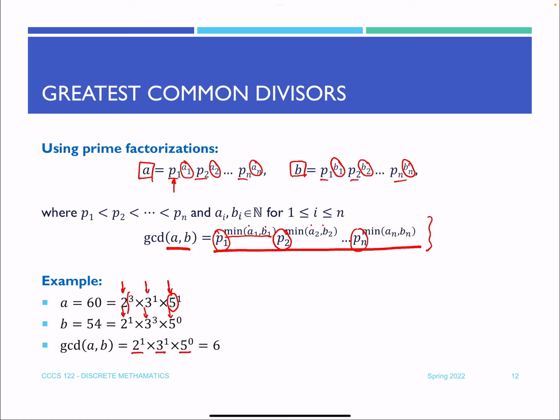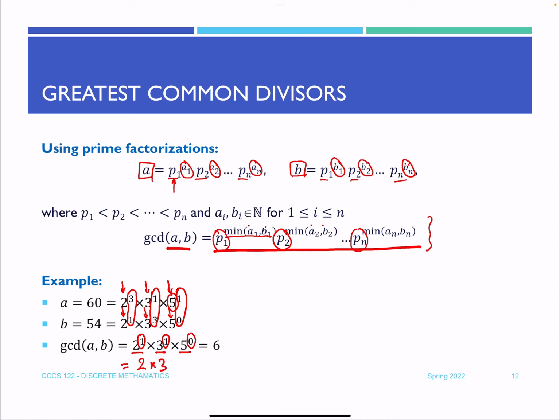B. So we have for 2, for example, we have 3 and 1. The smaller one is 1, so that's what we put over here in the exponent. For 3, we have 1 and 3, the smaller one is 1, so we put 1 up here. And for 5, we have 1 and 0, and the smaller one is 0, of course, we put a 0 over here. So 2